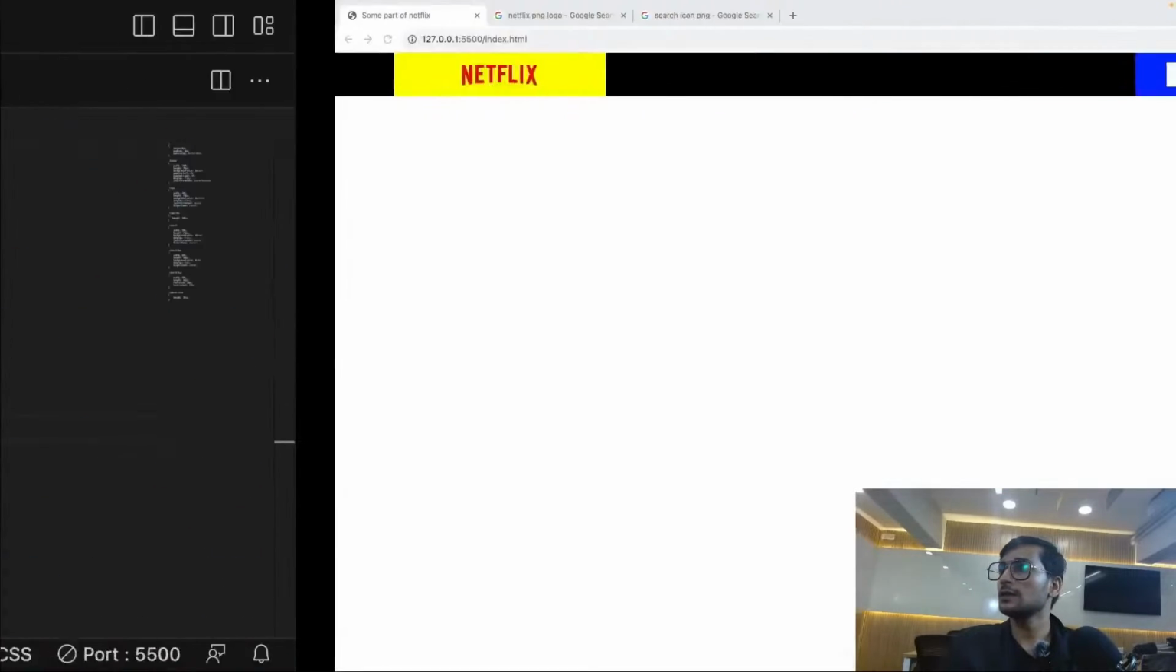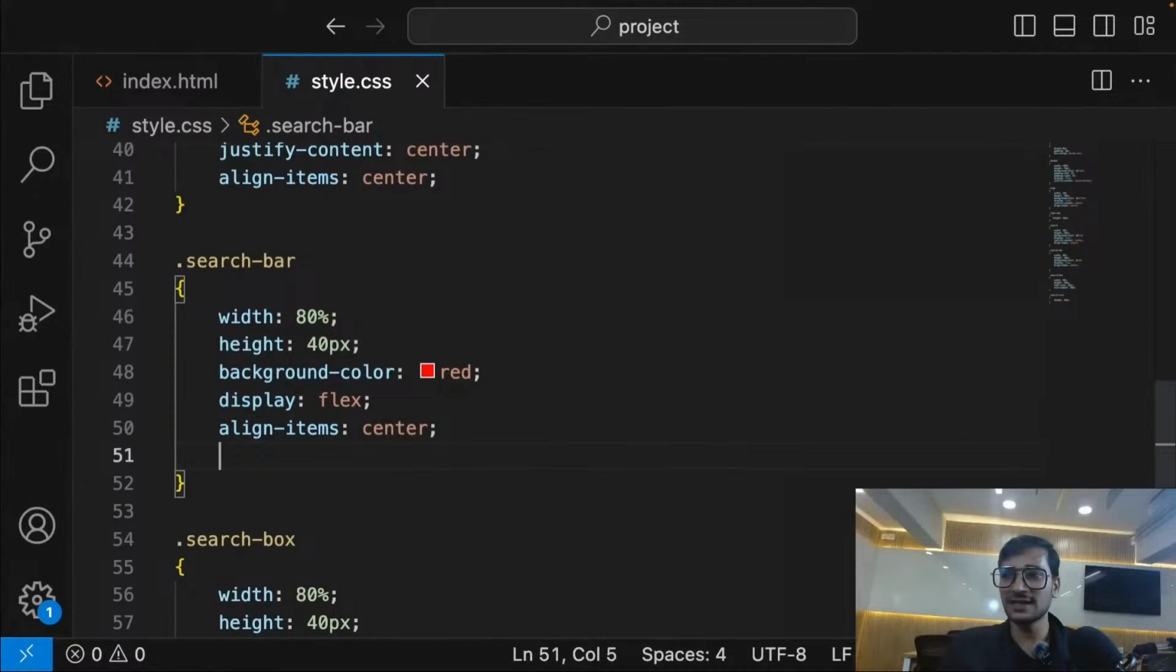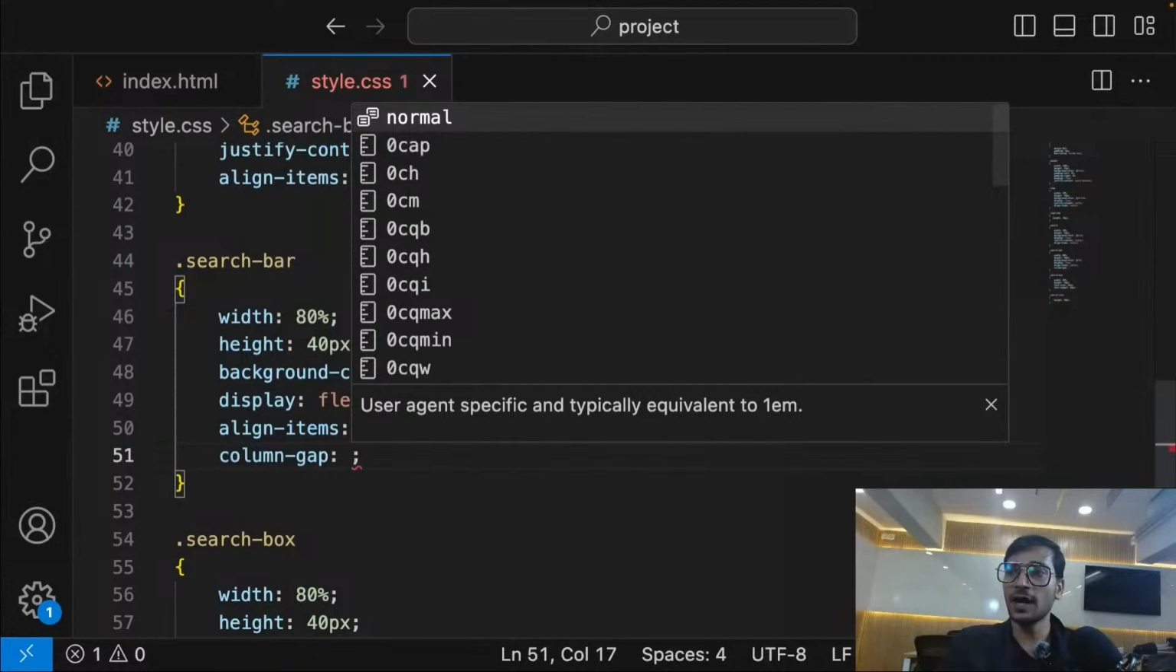Nice. Here we go. Now vertically they are centered. Now I need some gap between the input box and the search box, that search element, that icon. So for that, guys, either I can use some kind of padding on the image. That will also be fine. But in this case, I'm going for a column gap. Column gap, let's say around 20